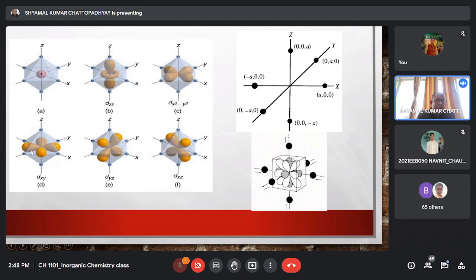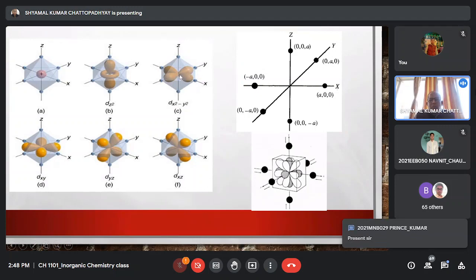So in all these cases, as the picture shows, none of the lobes of these three orbitals, xz, yz, and xy, directly confront any of the ligand charges. Rather, each lobe is situated in between two ligands, and as a result they have less repulsion. On the other hand, if I consider the x square minus y square orbital, which is situated along